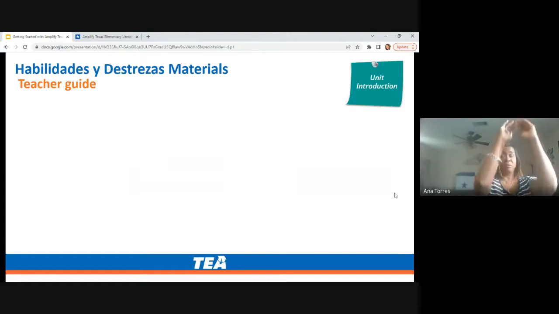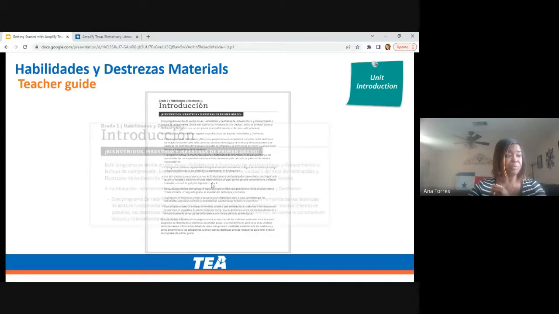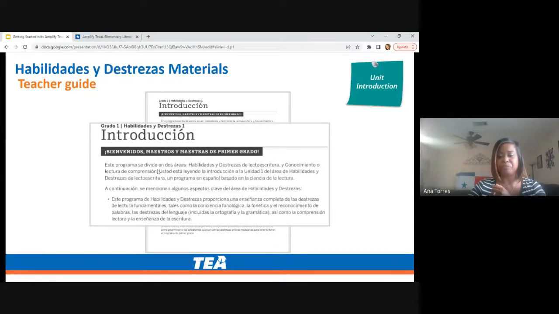So after your content, your table of contents section, you will move on. What follows that is the unit introduction. One thing that's important to note in your unit introduction is that each unit introduction will have some elements that are different. Specifically, if we look at Unit 1, unlike other units, Unit 1 teacher guide has 2 introductions: one, the Amplified Texas program introduction itself, and then an introduction of the unit. So it'll have 2 different sections here. So Unit 1 is unique.